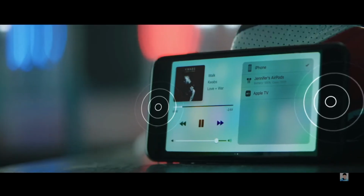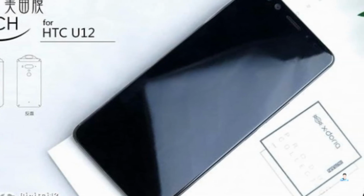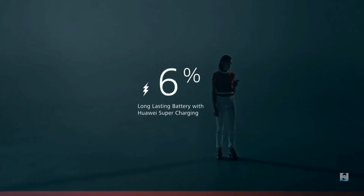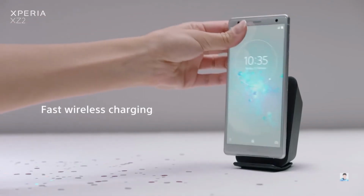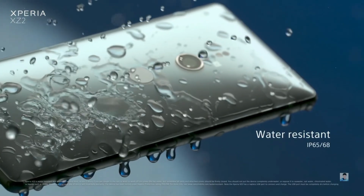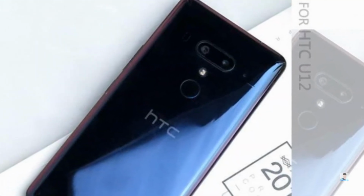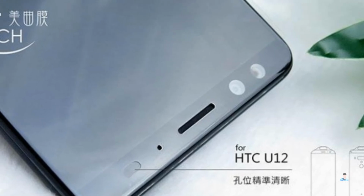Additionally, the U12 Plus will support HTC's U-Sound technology and also BoomSound along with high-resolution support. Although the battery capacity is unknown, the U12 Plus will reportedly support Qualcomm's Quick Charge 4.0 as well as Qi wireless charging. The phone is further said to be IP68 certified for dust and water resistance. So the specs sound so good, and if they are real, then nobody can stop HTC to rule the market